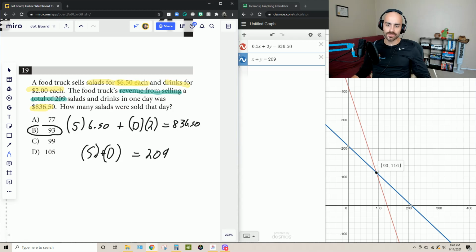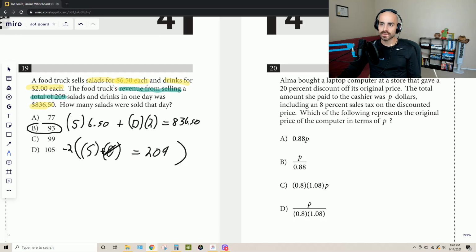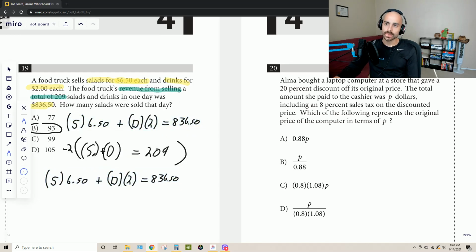Now, what if you don't have a graphing calculator? Well, you can start plugging in via substitution, or you can do elimination. I'm going to jump to elimination here. I feel like that's a favorite for a lot of people. So what I'm going to do is multiply this bottom one here by -2, so that way I can eliminate D, and then we're just left with S, which is what we want. So, bam, got that there. And then I'm going to rewrite this equation here. I'll rewrite it in red. All right, so 2s